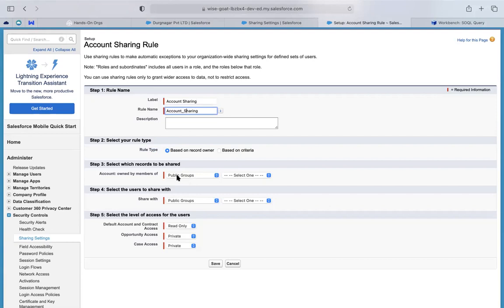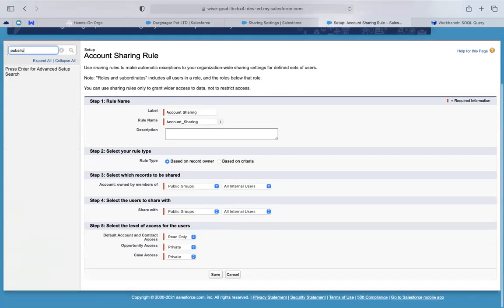So what we can do is select a public group which we already created, and share it with another public group. So maybe all internal users. Let's see what the public group is. Let's create a public group here.